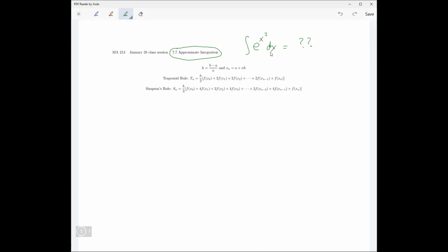But how do you find values? This is related to the normal distribution. So how do you find values of the normal distribution? Well, you do approximate integration. You can find these values very efficiently and very exactly, as long as it's integrating over a specific interval, by using numerical methods. Probably the most powerful one that we're going to learn would be Simpson's rule. I'll explain what that is, but these are basic, and then we got some basic ones here. We'll come back to this page in a minute. But first of all,